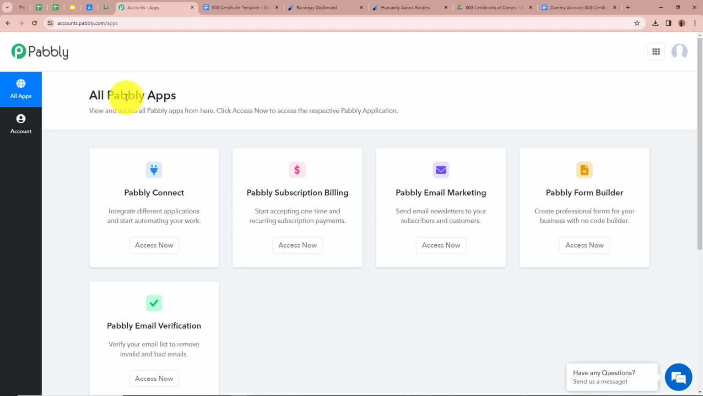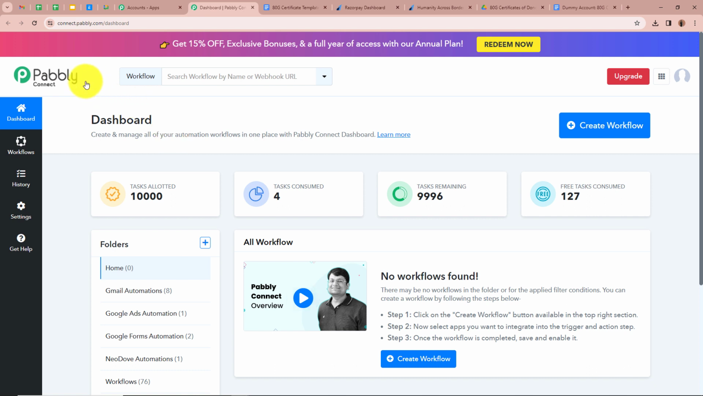After signing in, you can see all Pabbly apps window in front of you, in which you can see 5 applications of Pabbly, from which we are going to select Pabbly Connect by clicking on Access Now. Then you can see on a new tab, Pabbly Connect's dashboard is going to appear. In order to start an automation process in Pabbly Connect, we need to create a workflow. For that, we have to click on this top right corner button that says Create